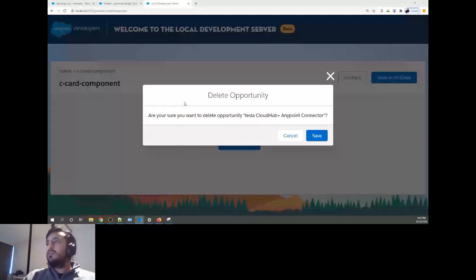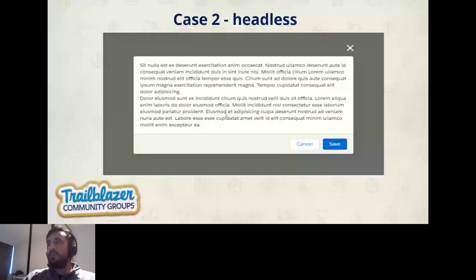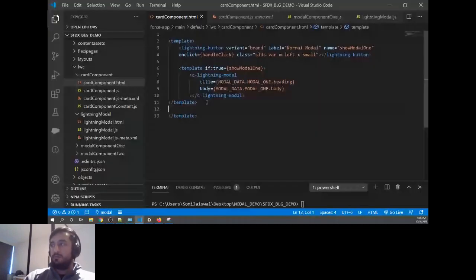And now the user wants another model that should not have the header. So let's build this model quickly. I'll copy paste the same code below, because this is the second component we are going to build. So I'll say the property is 2.